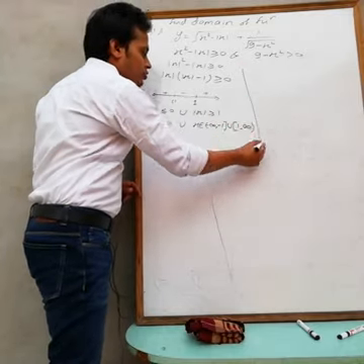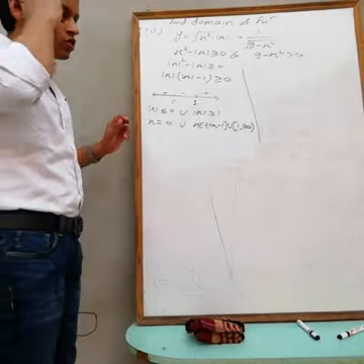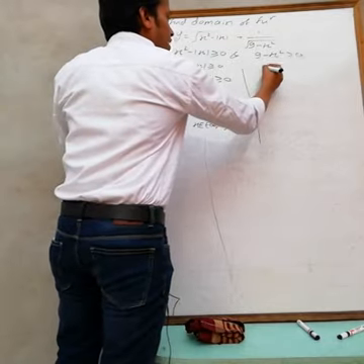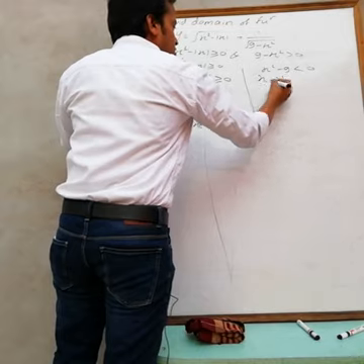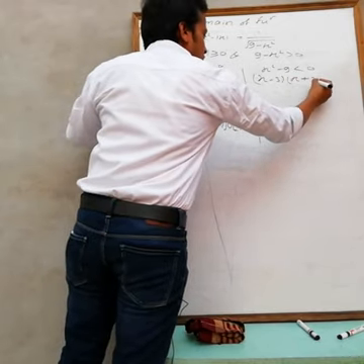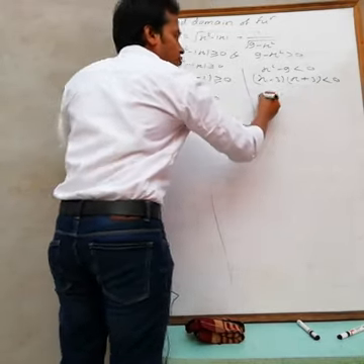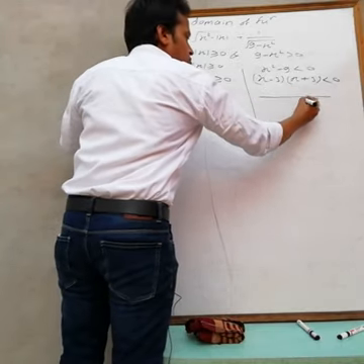Okay, now we have to solve this one. 9 minus x square is greater than 0. Then from this we are getting x square minus 9 is less than 0, so (x minus 3)(x plus 3) is less than 0. Again use the sign scheme. If you put this equal to 0, we are getting 3.